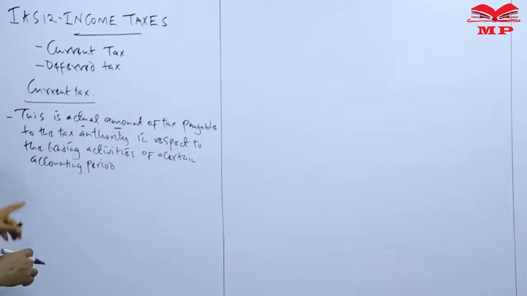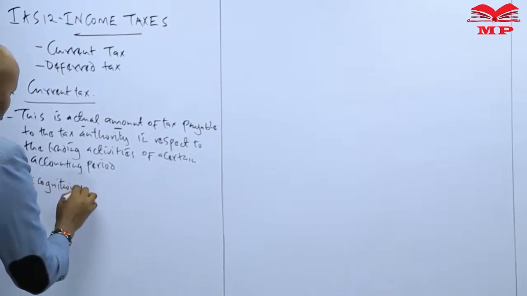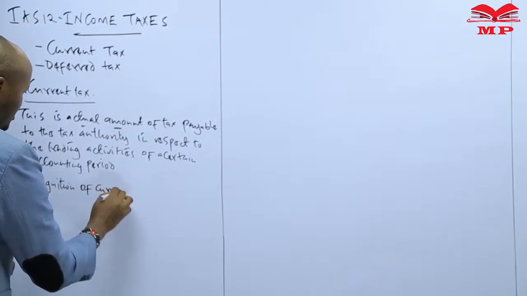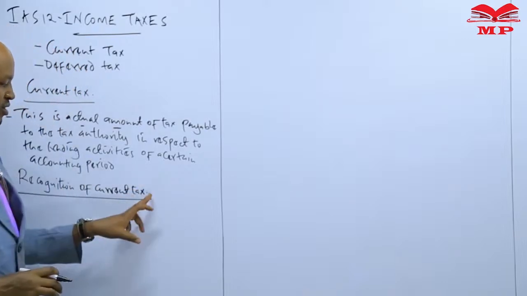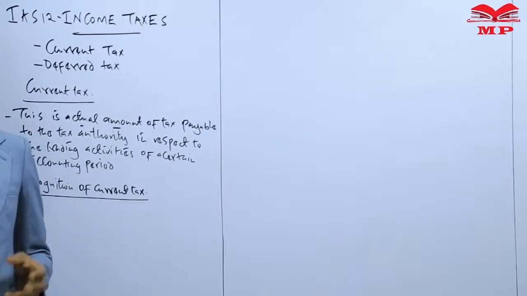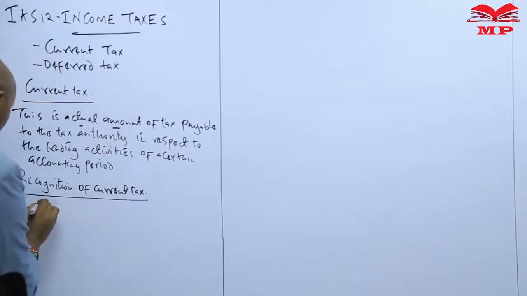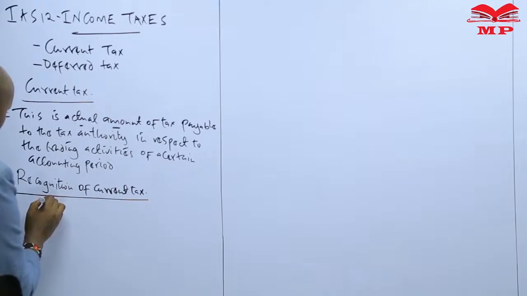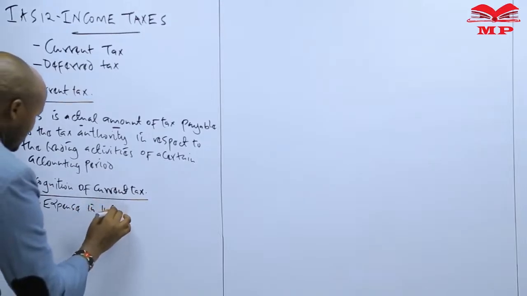Now, in this particular case, we also need to look at how this tax is supposed to be recognized by a company. That is recognition of a current tax. Now, this tax which a company is supposed to pay in a certain accounting period, according to IAS 12, should be accounted for as an expense. So the amount of current tax will be accounted for as an expense in the income statement,